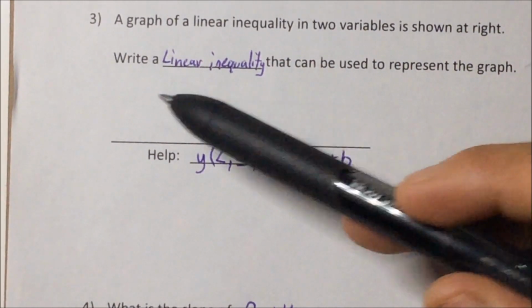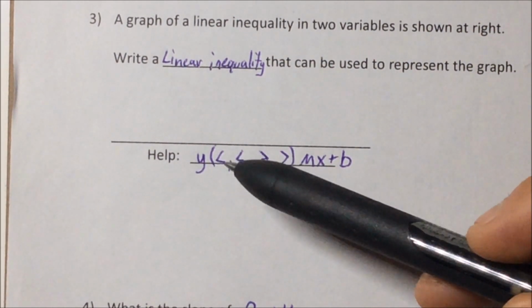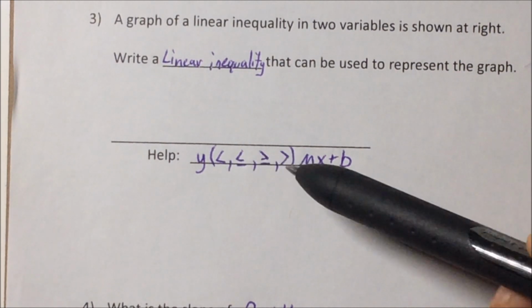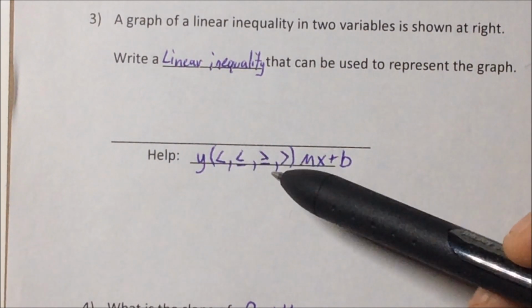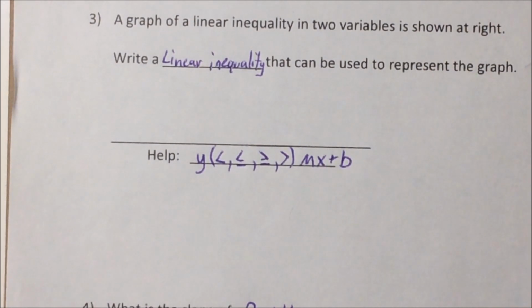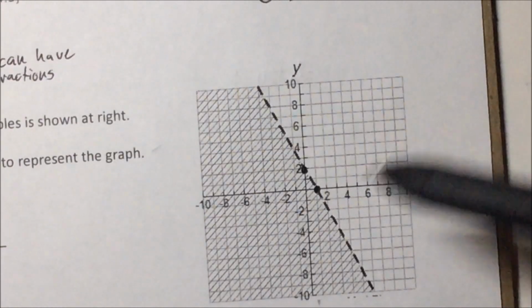Now it says help on here. After inequality, on the help it says y, and then here we have less than or equal to, greater than or equal to, or less than. That means it wants the inequality having one of these on there, and then mx plus b. So it's in slope-intercept form. We just have to write the inequality in slope-intercept form,